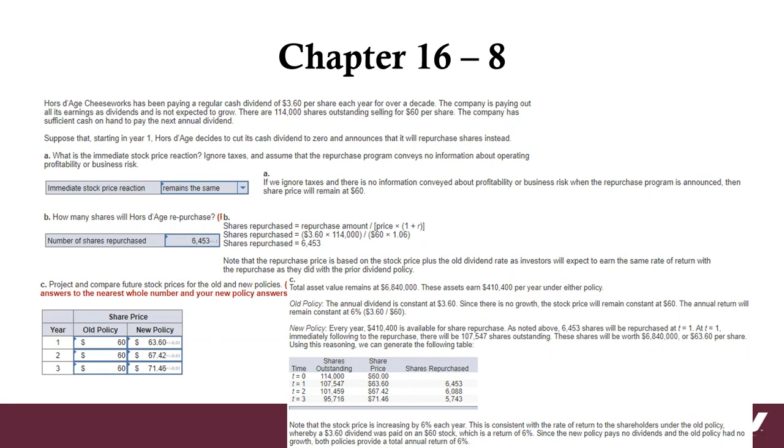How many shares will they repurchase? And then we'll do that calculation as we did before. And then we'll see what that means for stock prices. As you notice, under the old policy, the stock price would stay the same. Under the new policy, the share price is going up, because instead of receiving a dividend, you're just receiving your value with an appreciation of the stock. So later on, when they do a stock buyback, they'll repurchase your shares, but they'll be doing it at a higher stock price, perhaps.